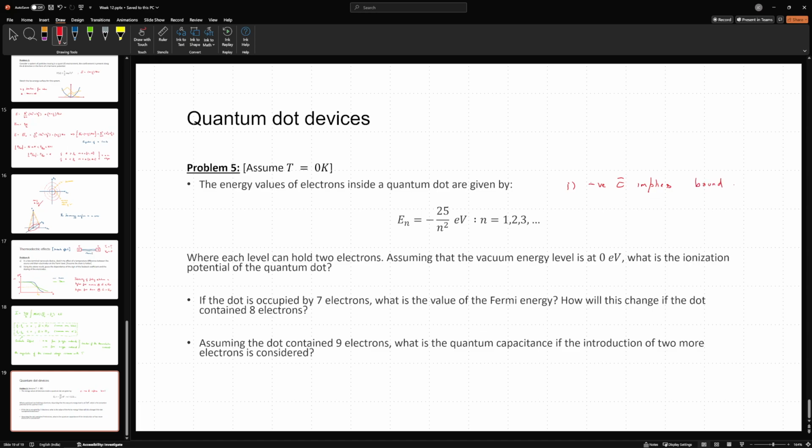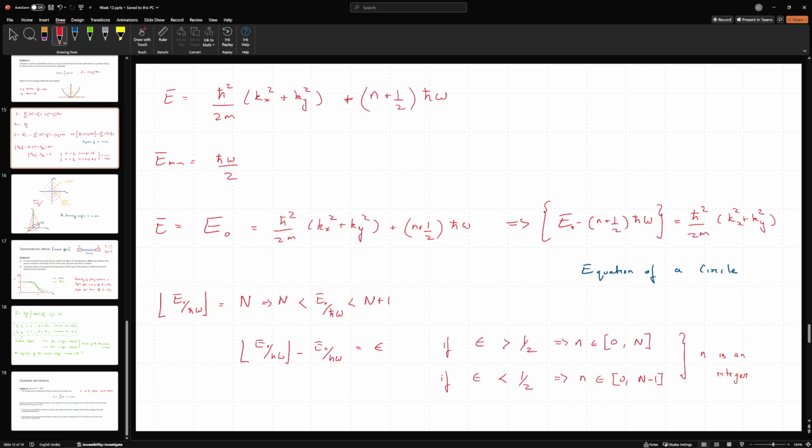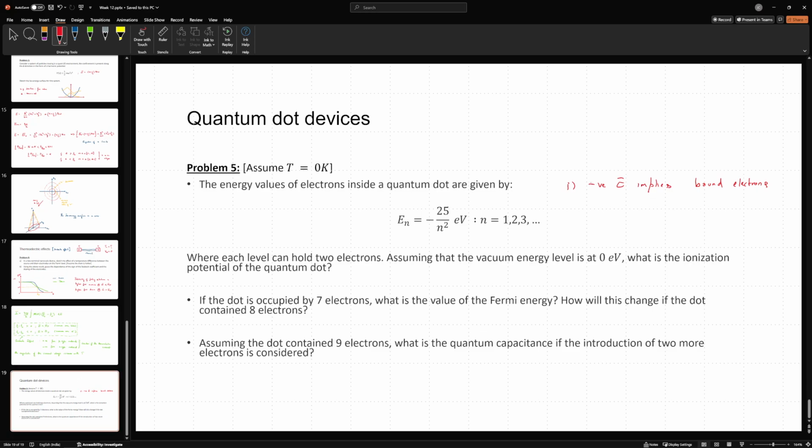Okay, so bound electrons. Because remember previously, whenever we were writing the energy values, this was essentially the kinetic energy of the electron. These were moving electrons. These were electrons moving from source to drain. However, in a quantum dot device, I am concerned with bound electrons. Okay, and number two is that this particular form of energy I took,